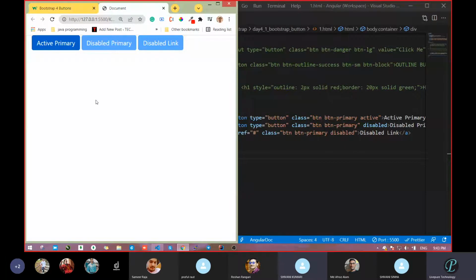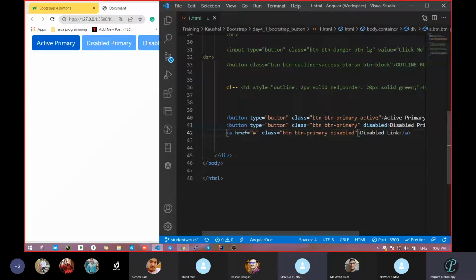This is the active button, and due to it, it looks bold. This is the disabled button. It looks somewhat gray, with a light opacity. And this is again a disabled link. So what is the class? Button. For active, you just have to pass active, and for disable, just pass disabled. That's it. Clear? Or is anyone having an issue?